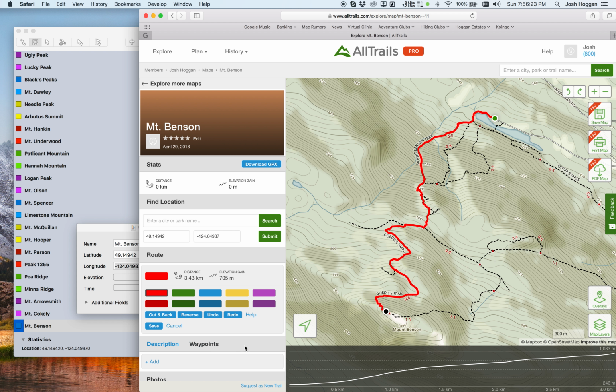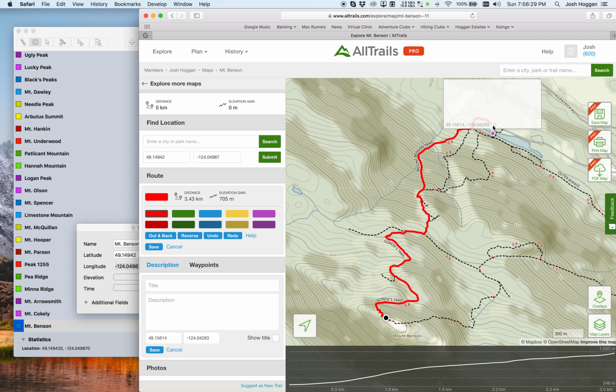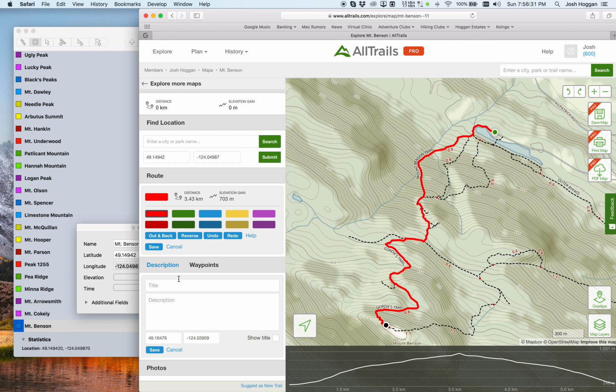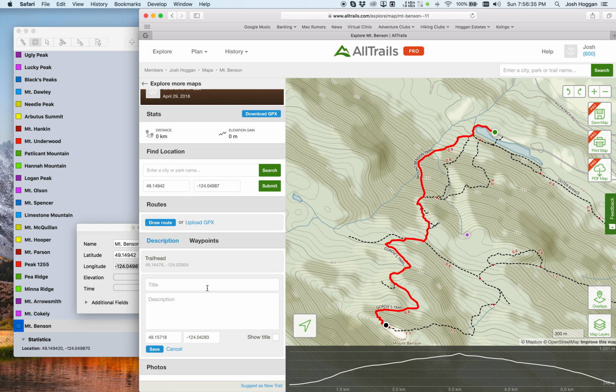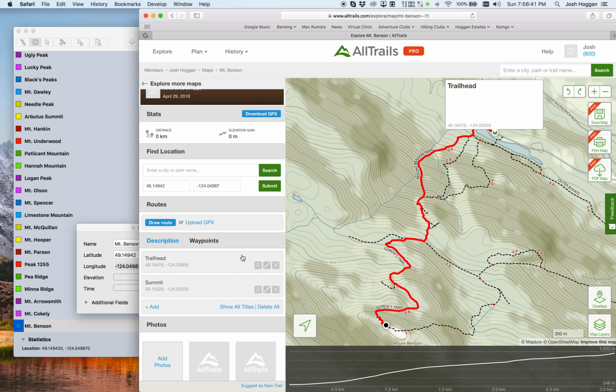Go ahead and add a waypoint under the Waypoints tab here on the left. Click Add. It throws a purple dot in the middle of your screen. Drag that, in this case, to the trailhead. There we go. We'll call this Trailhead. Save and create another waypoint for the summit. Save. Then all you have to do is click Download GPX and boom, you have your Trailhead to Summit GPX